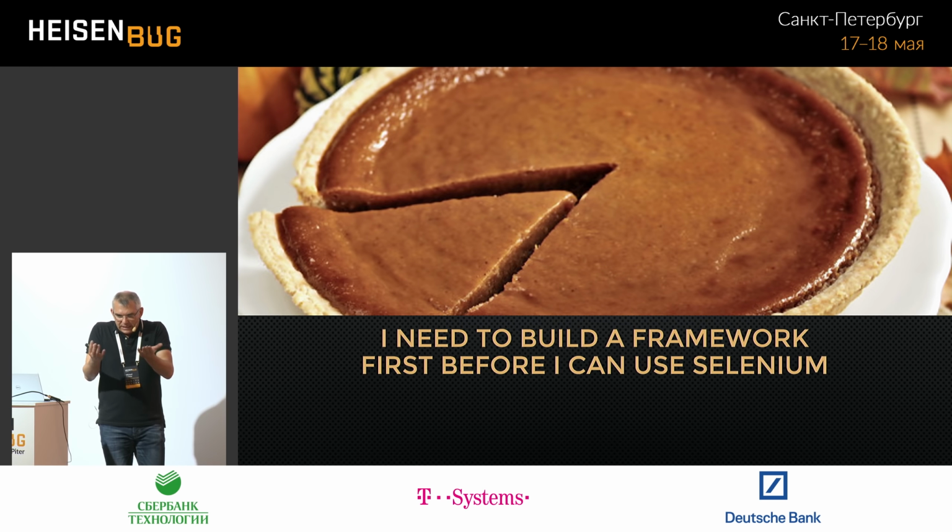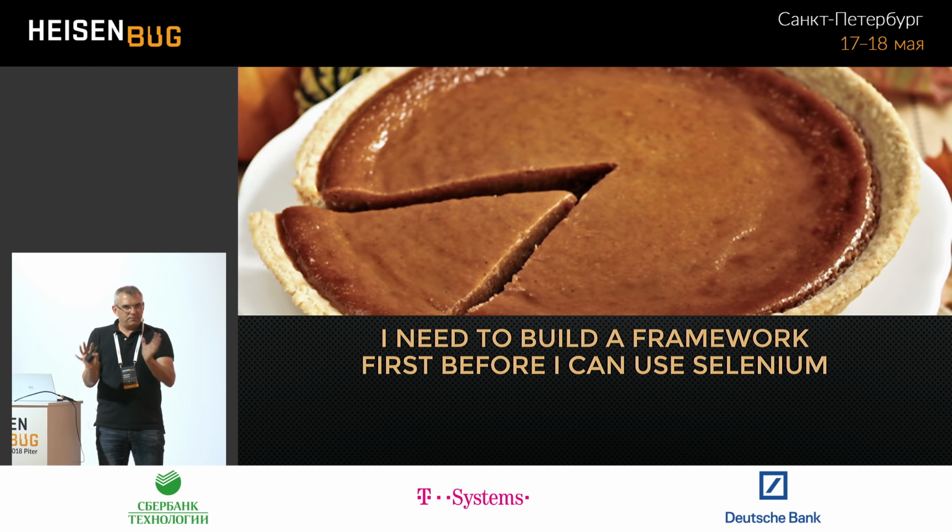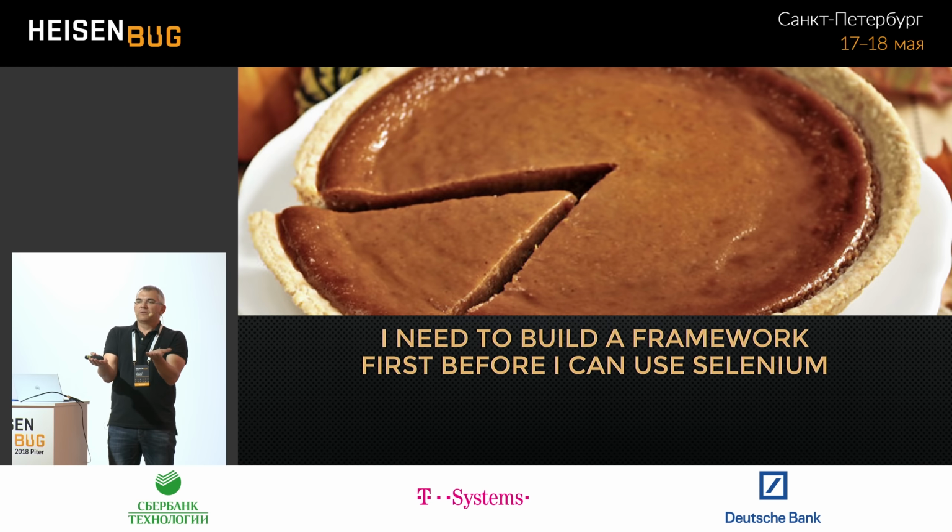So my advice is, and I totally see you do need a little bit of framework, but don't spend 2 years building a framework without writing a single test. Try to keep that in balance, right? Write a little bit of framework, just what you need, write a test, see if that's actually what you intended to do, and then keep growing the framework that way,